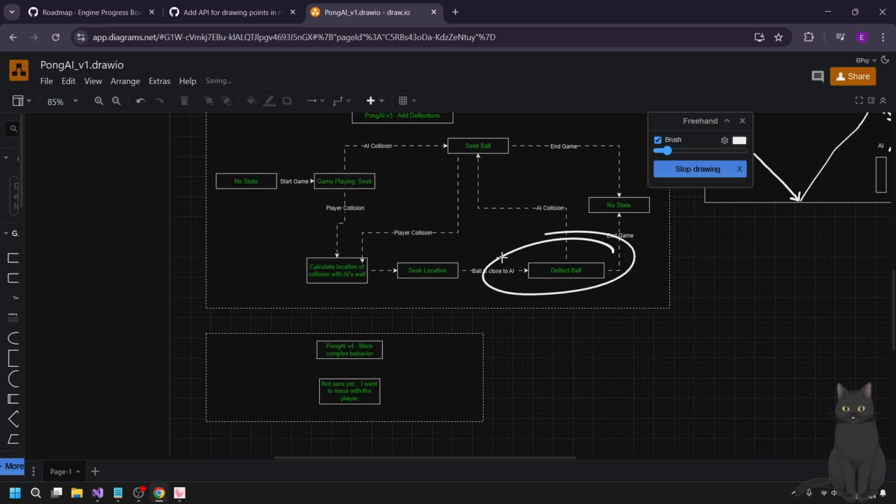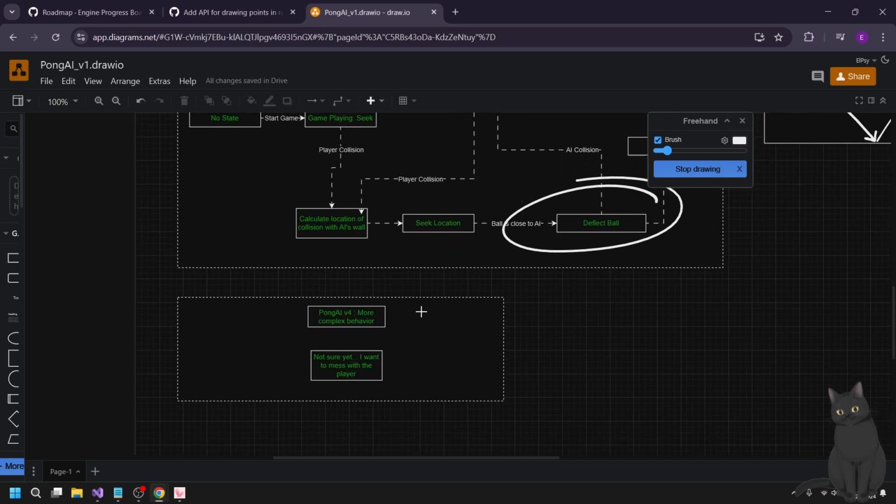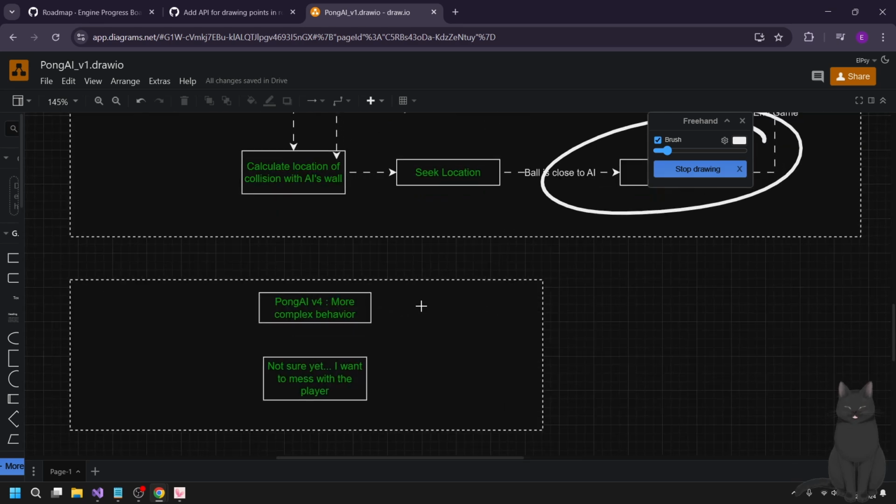And then after that, I'm going to add a few more floats or maybe booleans, just variables that I can change to modify the behavior of the AI.